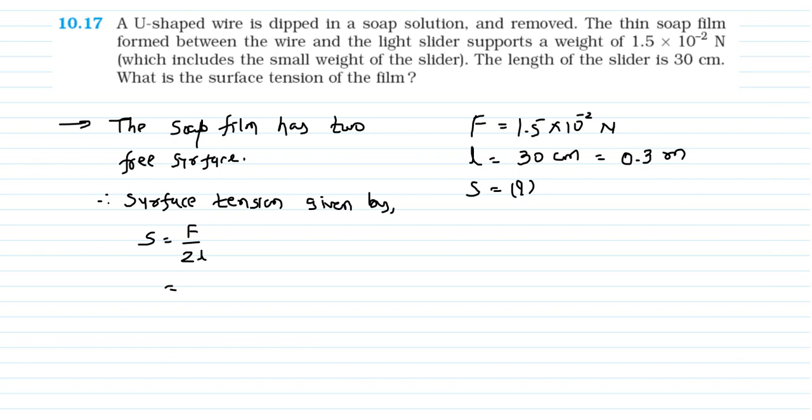What is F? 1.5 into 10 raised to minus 2, upon 2 into the length, you can say it is 0.3. So your answer will be 2.5 into 10 raised to minus 2 Newton per meter. Right? So by this way the sum is